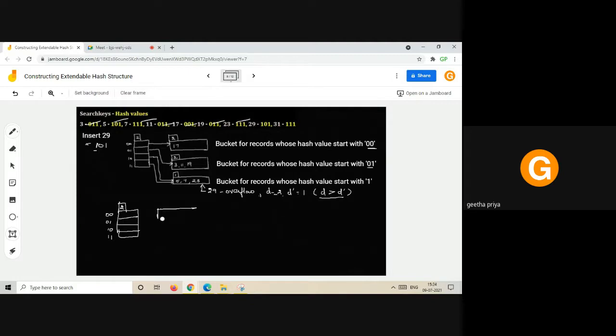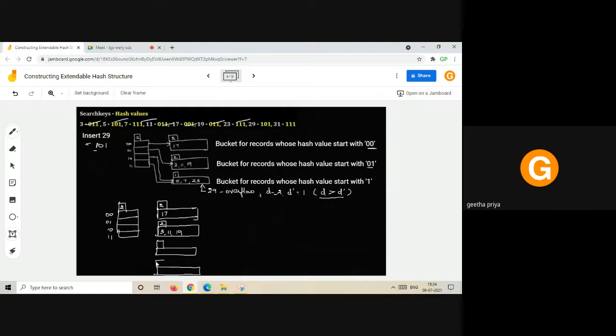So don't disturb its contents or its local depth. So carry it over as it is. So it is 2 and 17 in this bucket. It is 2 and 3, 11 and 19 in this bucket. And here overflow occurred, right? So this bucket will be split and the value of local depth will be incremented.